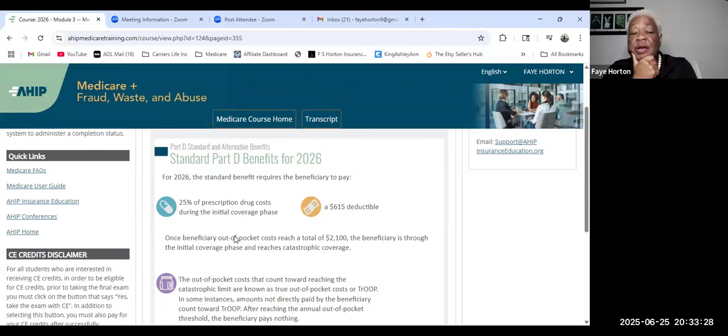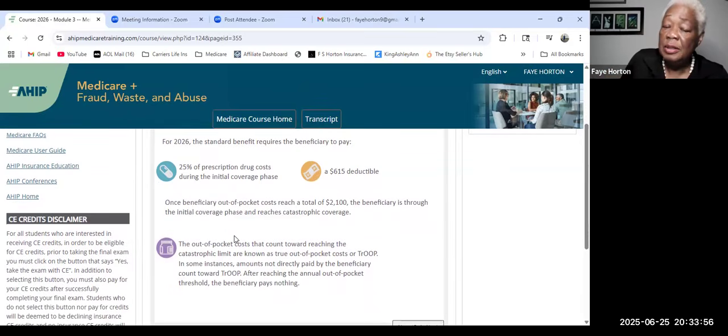the catastrophic coverage. Most of the plans that you see do not have that 25% in the first initial phase. It will have copays based on the tiers, but some plans will have the deductible and it could be $615 or less. As long as it is at least $615, it meets the standard, but the companies may have less